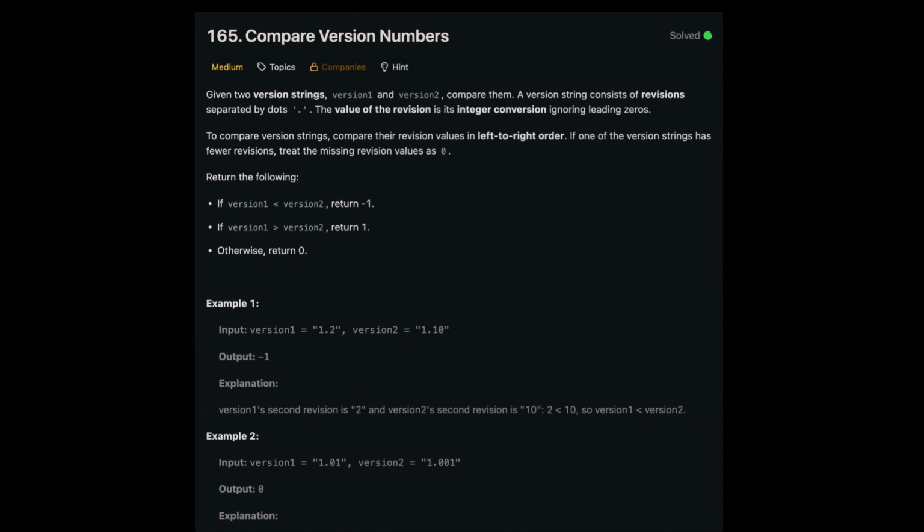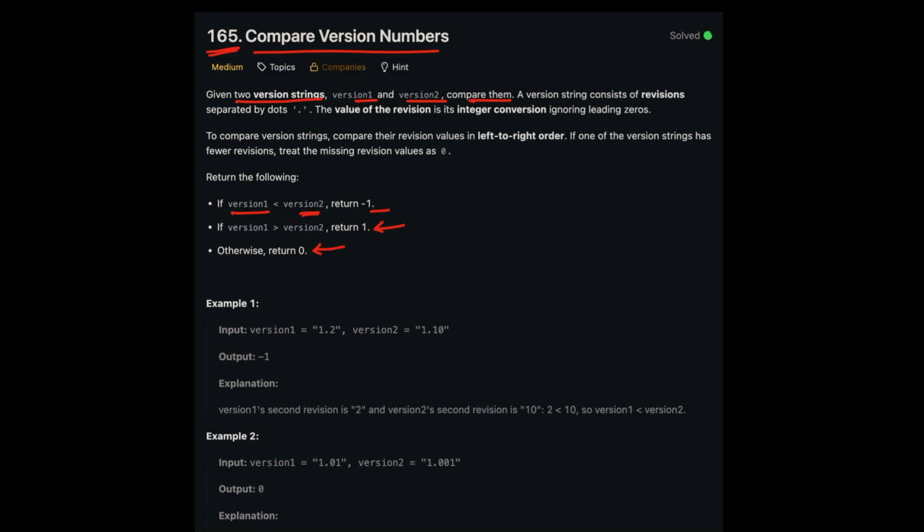Hello everyone, in this video we'll be solving problem 165, compare version numbers. The problem statement is, we are given two version strings, version 1 and version 2. We need to compare and return appropriate output. If version 1 is less than version 2, return -1, else return 1, and if both of them are equal,